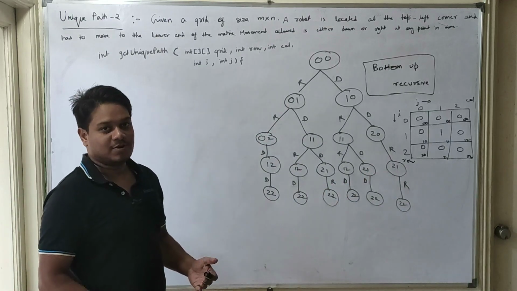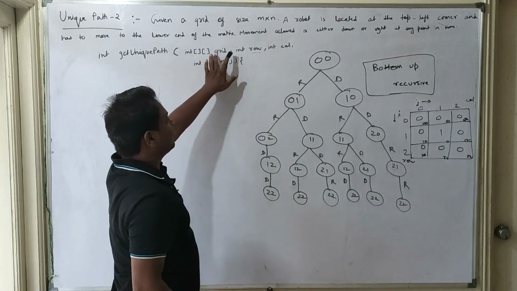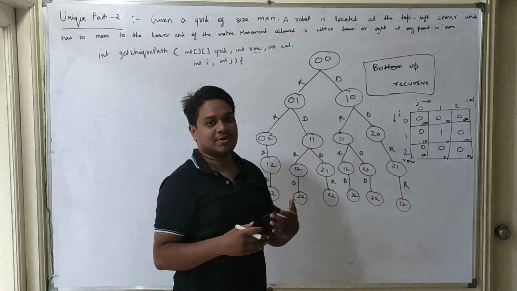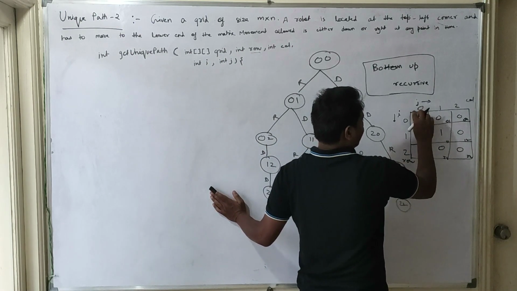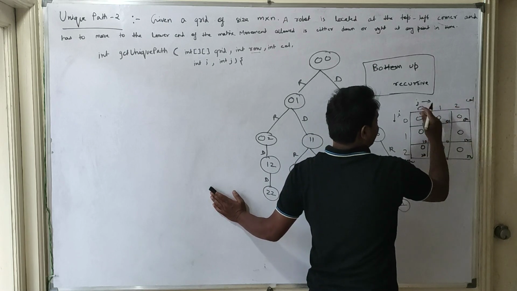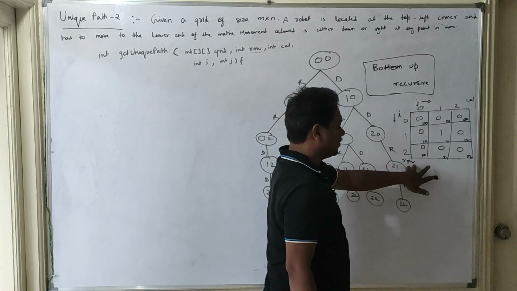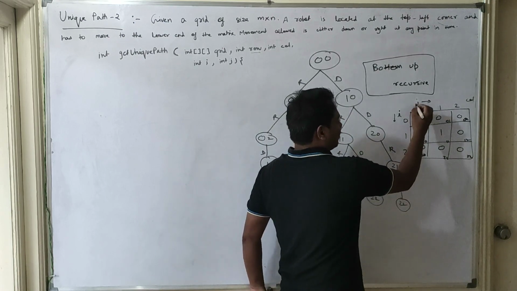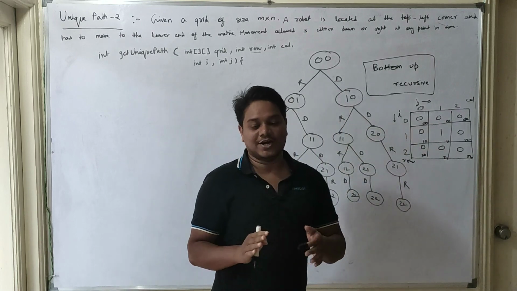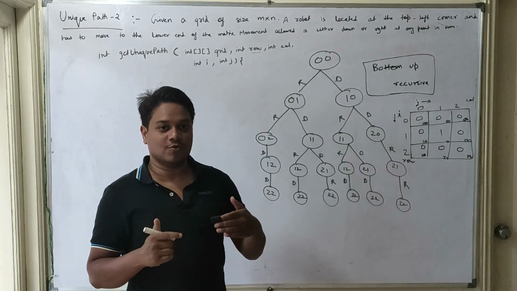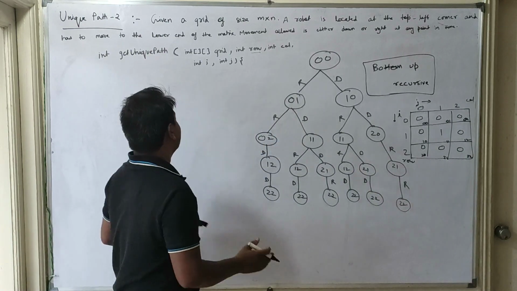So how do we solve this problem? Row is nothing but the total number of rows that we are having in this particular grid, and what is column? The total number of columns that we are having over here. So row starts from 0 and goes all the way till we reach this particular row length, and column starts again from 0 and goes till we reach this column length. Okay, at any point of time we don't have to cross the matrix boundary. So that is what we have to take care of over there.